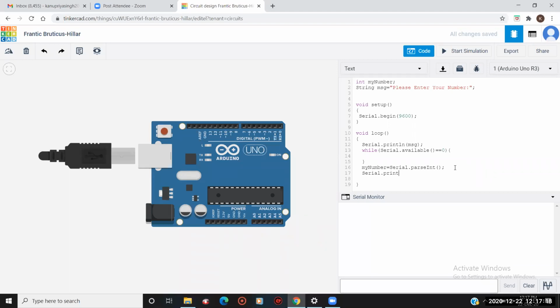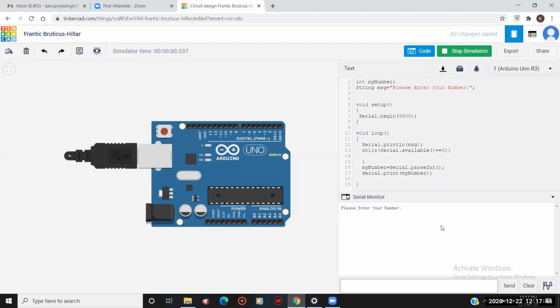Serial.print is the command that we use to print anything on the serial monitor, right? And in the bracket, which variable is storing my number? I'll just enter the name of that variable here, and after that I'll just terminate the line. Okay, so let's start the simulation.